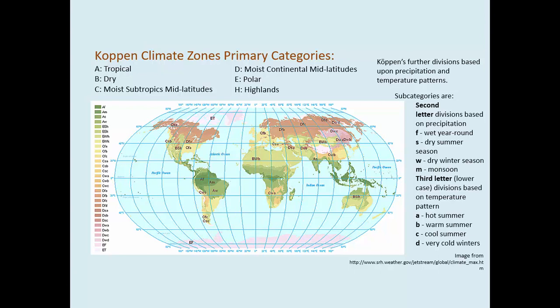Many of you have probably seen this before. These are the Köppen climate zones, and these tend to dictate where the different biomes are on Earth, because the biomes are very closely tied to climate zones. Again, this shows you that the areas of high rainfall tend to be around the middle latitudes, and as you move further out, we have lower rainfall. Also as we move further away from the equator, we tend to have cold winters, which can also influence what plants can survive in a region.